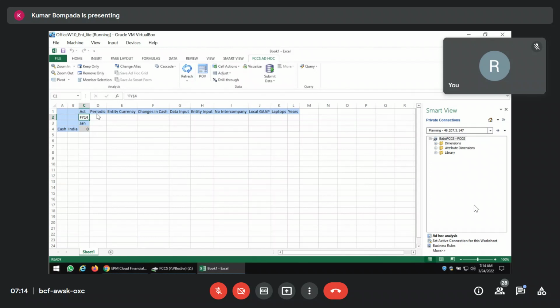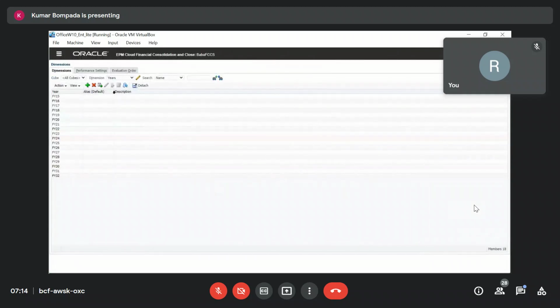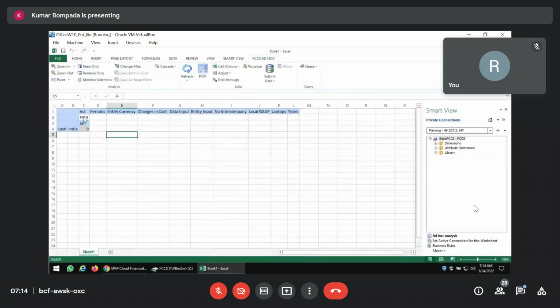Actual periodic entry currency changes in cash data input years. Still right? So refresh. Okay, there is no FI14, right? There is FI32. Refresh. Okay, done. Okay, years, we'll remove this years and then we'll refresh. It will accept